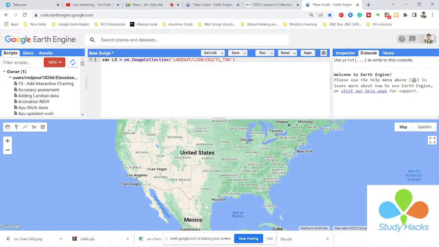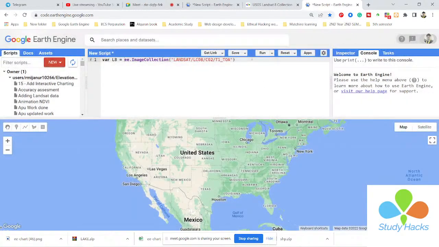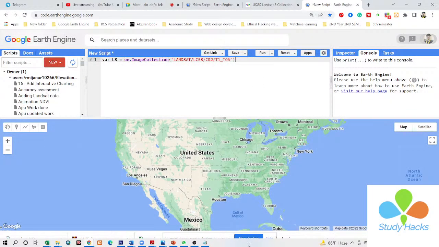So this variable name is L8. Now I want to filter this image collection, and then I can easily calculate the NDVI. We already know about the filter, how we can easily filter this image collection. So we can easily filter it, and then